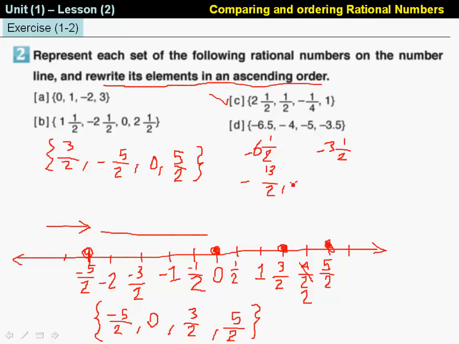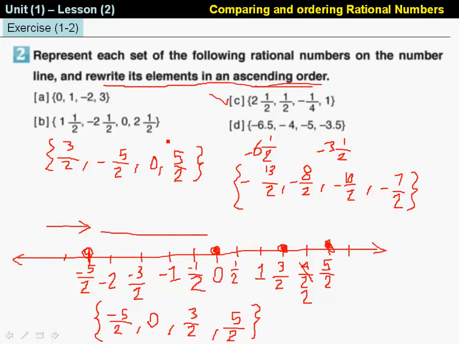This will be minus 8 over 2. This will be minus 10 over 2. And this one will be 2 times 3 is 6, plus 1 is 7. So it will be minus 7 over 2. And you have to represent this set of rational numbers on the number line and rewrite them in ascending order